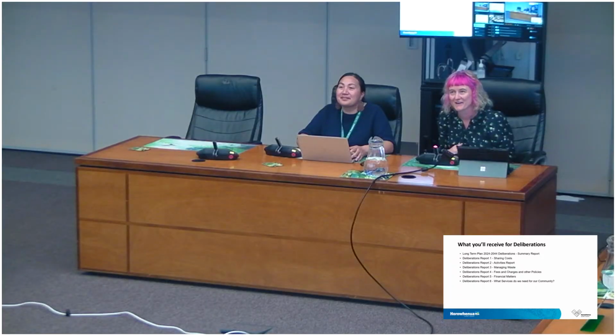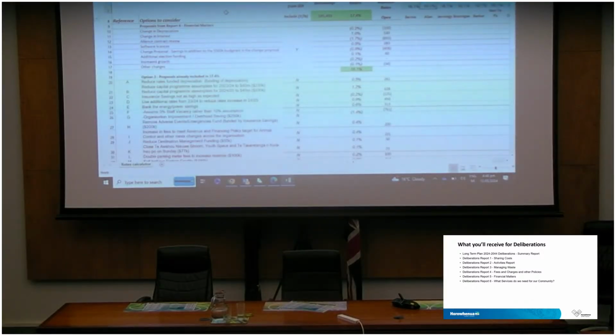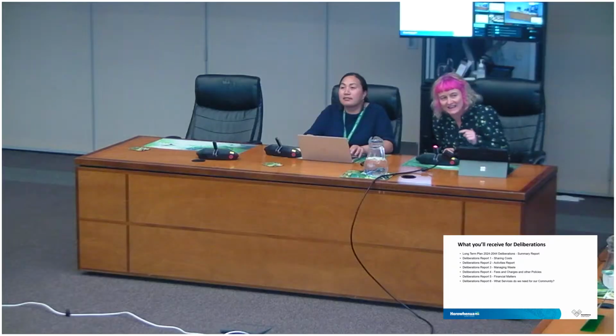The reason why they are, you mean the other way around, some of them that were savings? It is the other way around for that one, because in option 2 we have already reduced it, and so if the answer is no, I guess then we'll be adding it back in because it's already included. Yeah, so we've added it the other way around. Right, I'll tweak it then. That's fine. Thank you.